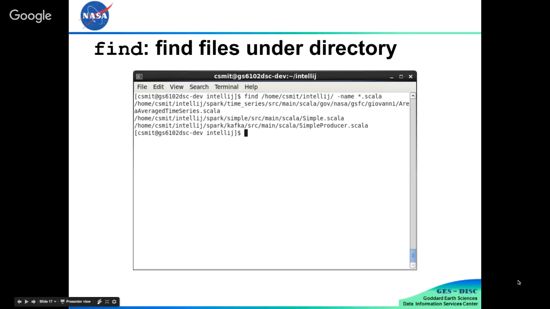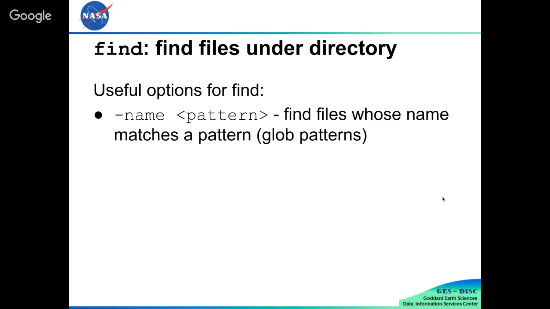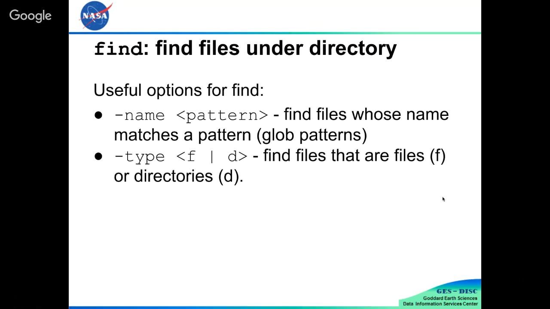So let's see next. Useful options. That -name pattern. It's glob patterns. I don't know if you can do regex. Then -type. A lot of times you're either looking for files or you're looking for directories, so you can specify that. I think there are some other options there. The man page, or actually Google is your friend with examples, because sometimes the man page is totally incomprehensible.